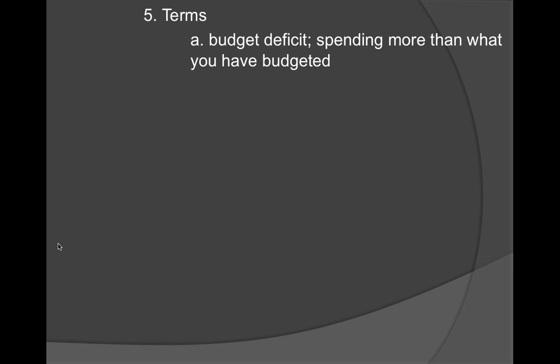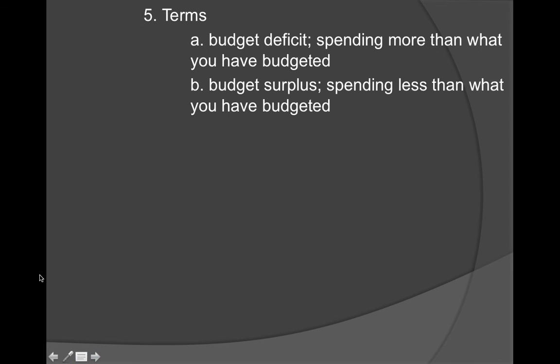You might be like, well, how can you do that? Well, a lot of times people do that on credit cards. They borrow money from other organizations, and that's what our government does. Our government during this pandemic has overspent way more than what they have budgeted. And so what do they have to do? They have to go to the Federal Reserve, which we'll talk about in a little bit today, and create more money.